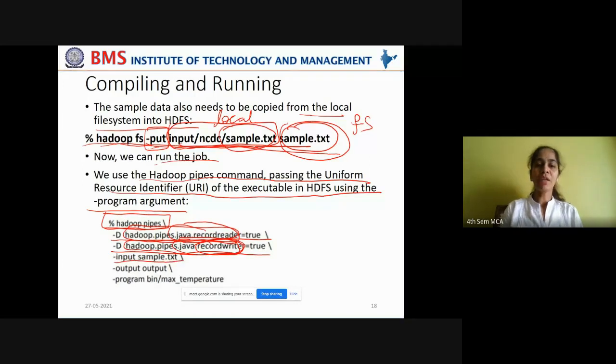The input is taken from the sample.txt file, which is written onto the HDFS cluster from the local file, and you write the data to the output. The program we are executing is the executable file maxtemperature.exe stored under the bin directory. That is the program we are executing through Hadoop pipes. Got it? This is how we compile and run your C++ MapReduce class.